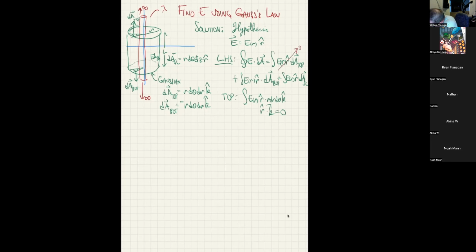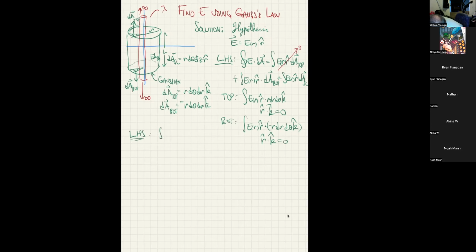The bottom one, we got the integral of E of R hat dotted with negative R dR d theta K hat. Again, this is a linear operator, so we're only going to get R hat dot K hat with a bunch of stuff in front of it, but that's 0. So the whole left-hand side just becomes